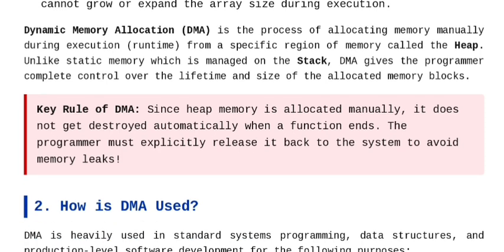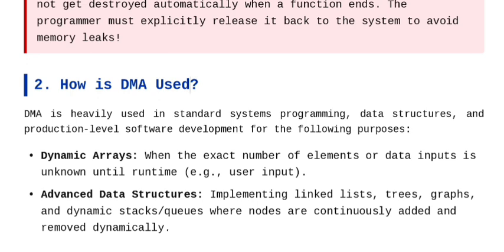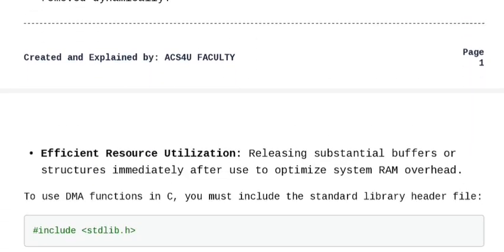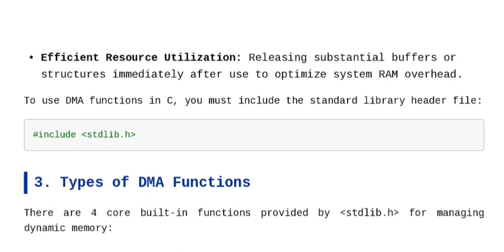Next, here comes how we should use this. It is heavily used in standard systems programming, data structures and production level software development for the following purposes. Dynamic arrays, where the exact number of elements or data inputs is unknown until runtime. Next, advanced data structures, implementing linked lists, trees, graphs and dynamic stacks or queues, where nodes are continuously added and removed dynamically. Next, efficient resource utilization, releasing substantial buffers or structures immediately after use to